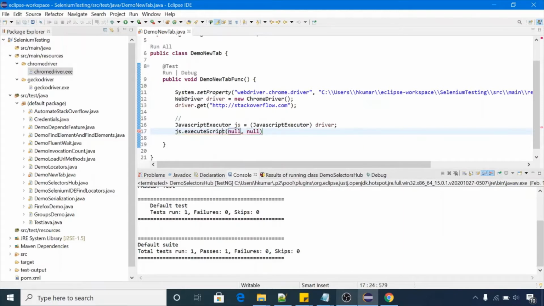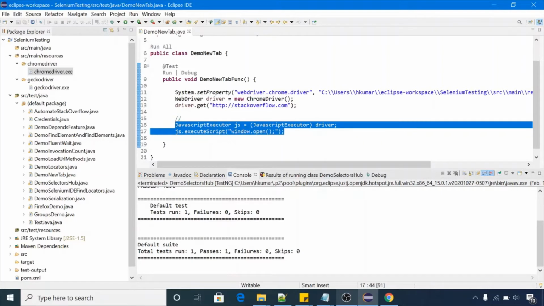In this you can pass a single argument only. Just remove these two arguments and pass just the JavaScript, that is window.open(). Put a semicolon here, because if you don't put the semicolon it can fail. Now these two lines will open one new tab on the same browser.